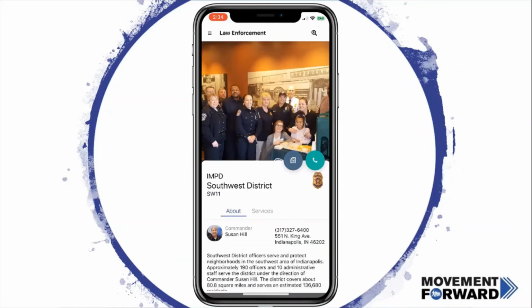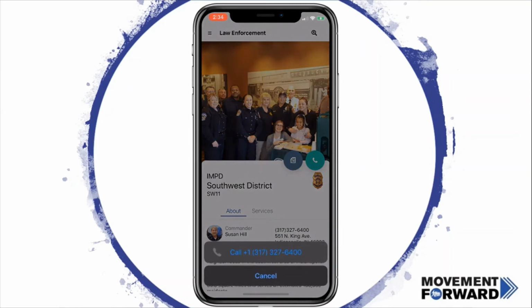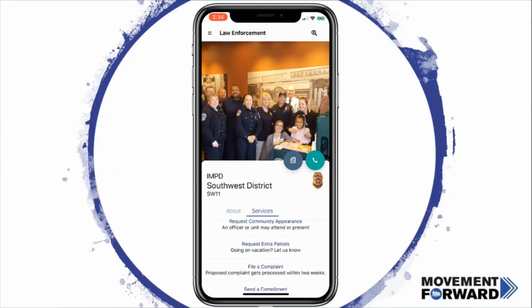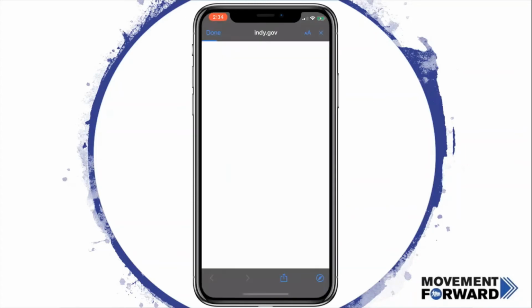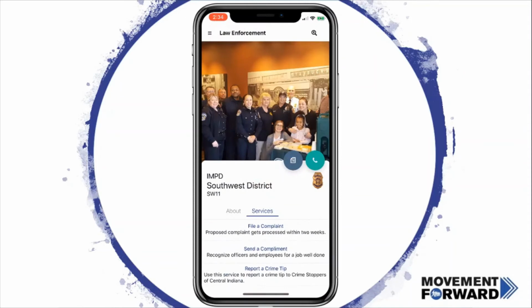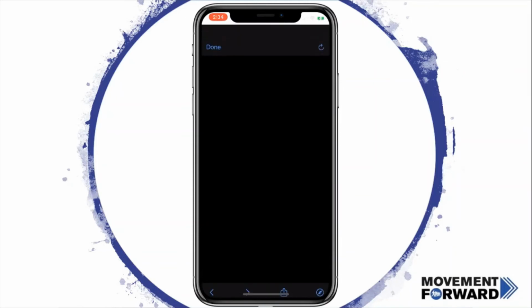If you hit the phone, you can actually call the non-emergency number for the Southwest District. You can see a picture of Commander Hill, the phone number for the district, the address of the district, as well as a little bit of a description on the Southwest District. You can also see services that they provide. If you want to request a community appearance, you can just tap that and that will take you right to the indy.gov form for requesting an appearance, filing a complaint, sending a compliment if you want to send a compliment about an interaction,